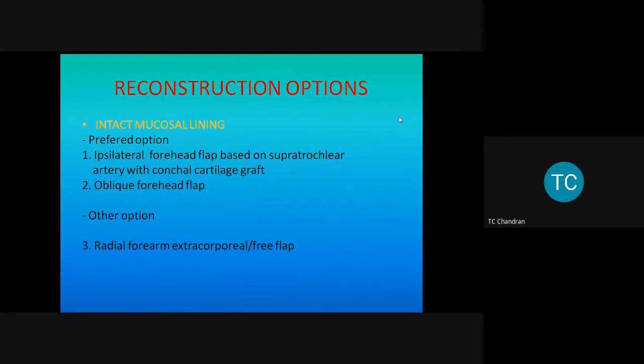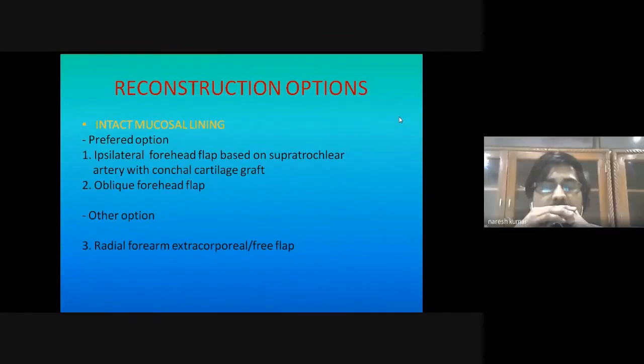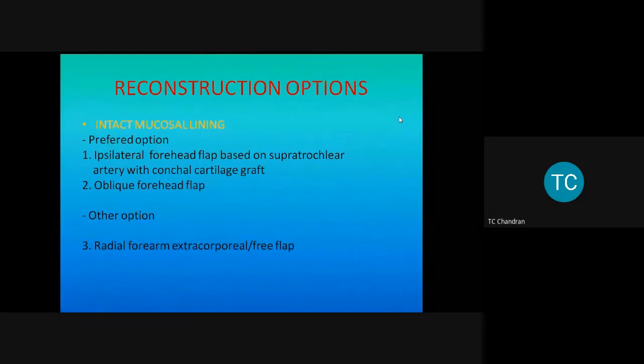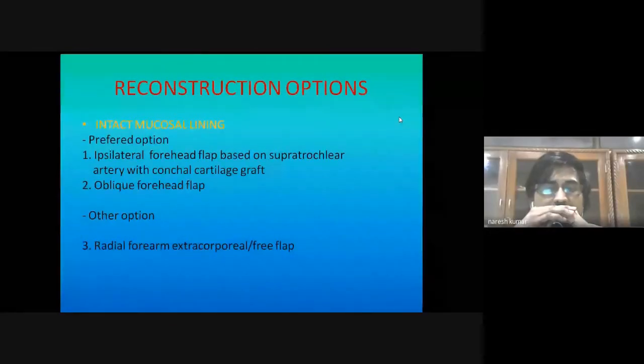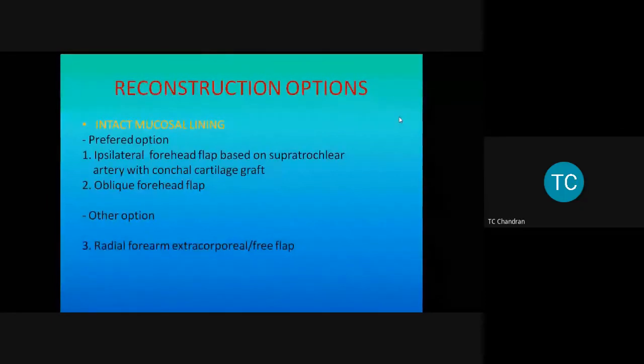Understood? Now, you said ipsilateral forehead flap. Is it a straight line flap or an oblique forehead flap? You gave oblique forehead as the second option. Yes, an axial forehead flap is a straight line flap. Now, what is the width of the defect in the maximum area? Width of the defect is 5 centimeters. Do you still prefer a forehead flap for this? What will happen to the donor area? How are you planning to close it?